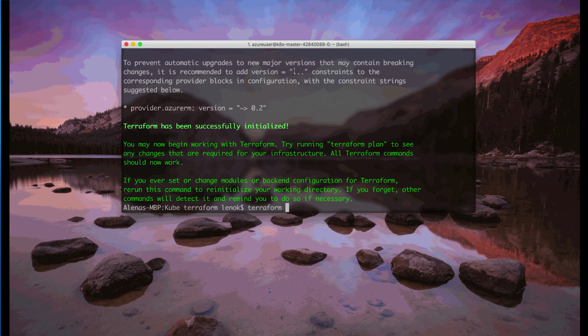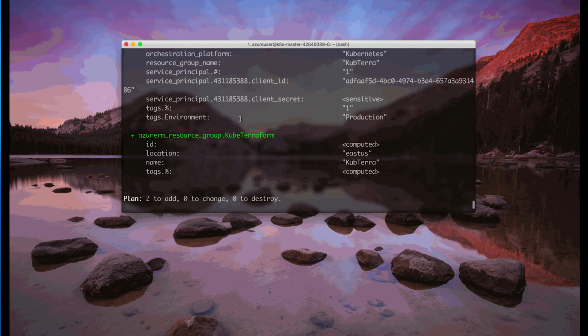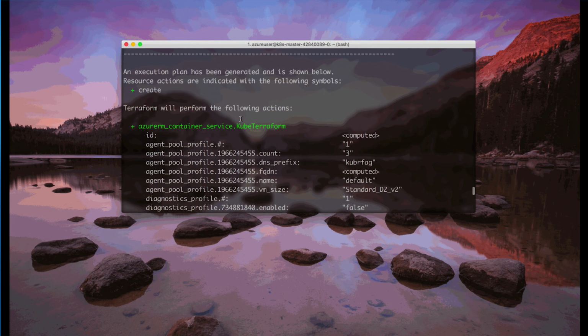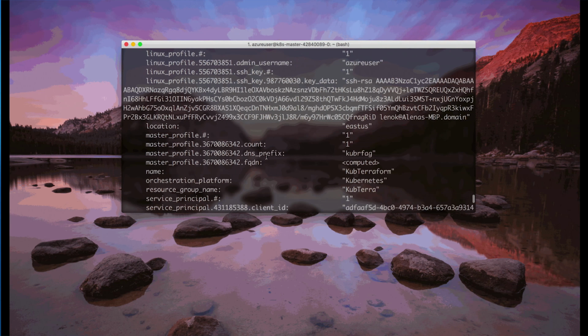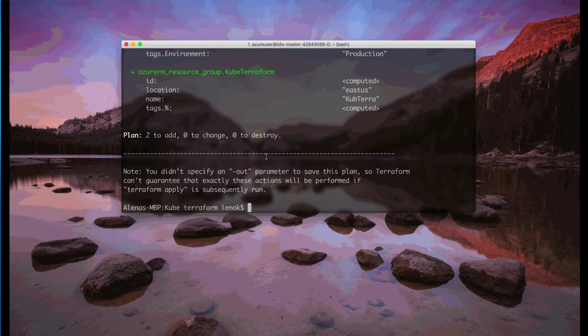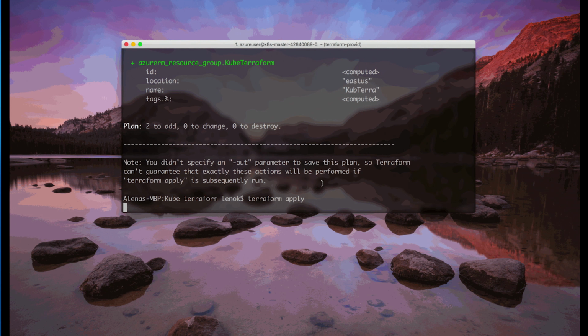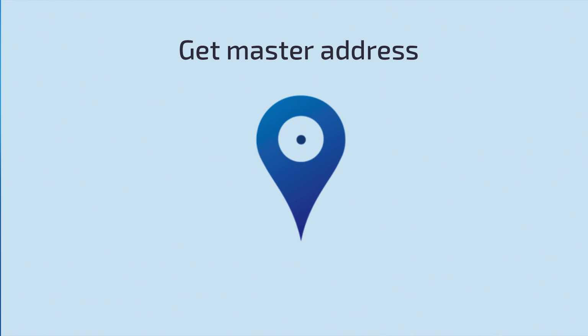And with plan, we can actually plan and visualize changes that are going to happen to our infrastructure. And this command will not perform those changes until we actually run terraform apply command. So here, we will see that there's two resources to add, 0 to change, 0 to destroy. And apply command, terraform apply, actually applies changes required to reach the state of our configuration. So like this.